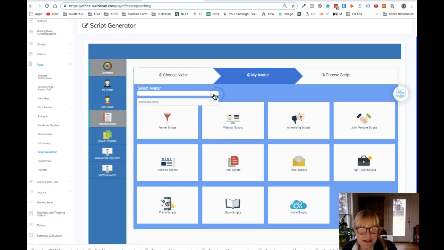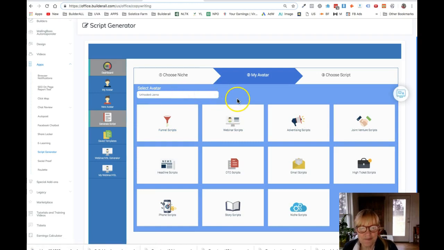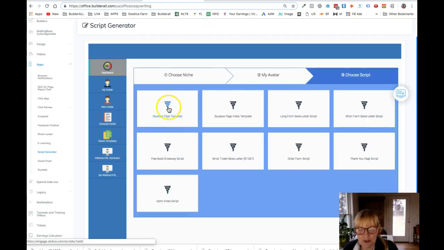Up here we need to select the avatar that we want to use. Here we go. I'm not sure why that wasn't showing initially. And within this is then all these different types of things that we can generate. So if you look in funnel scripts, we've got a squeeze page or landing page template. We've got a long form sales letter and a short form sales letter, order form script, thank you page, and even an opt-in video script. If I just go back,